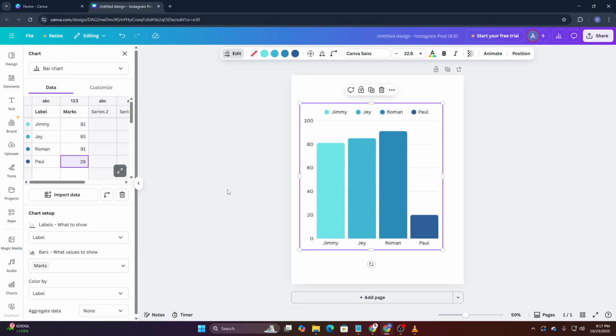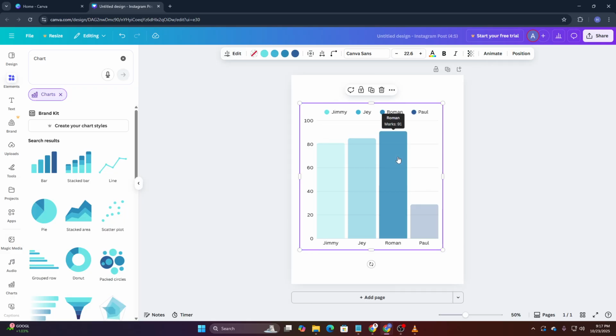Whether you're making a business presentation, a school report, or a social media post, this feature can take your content